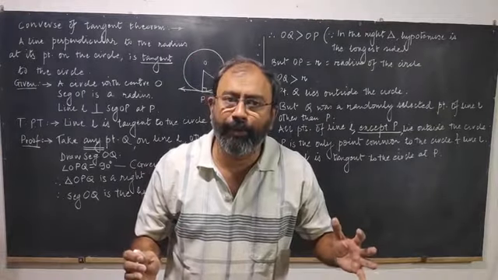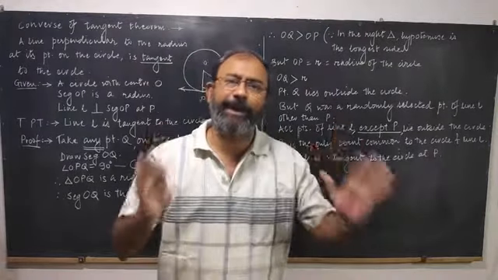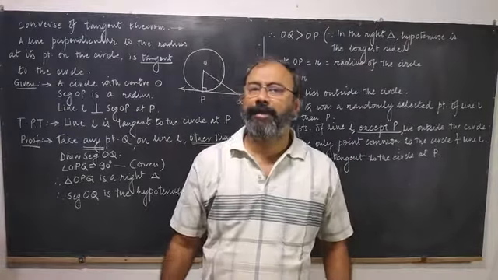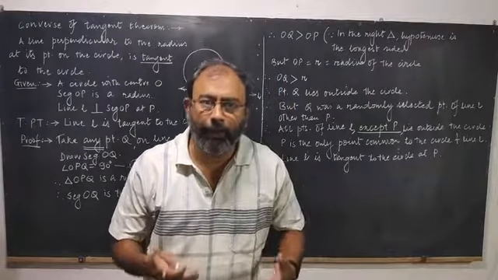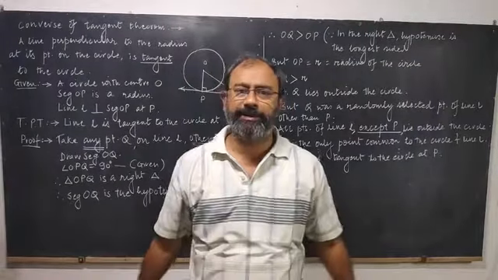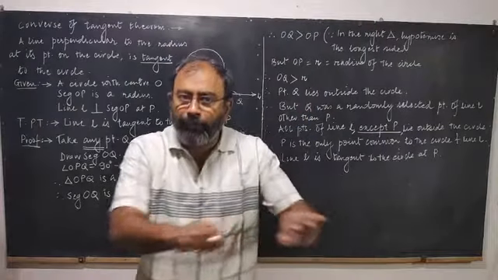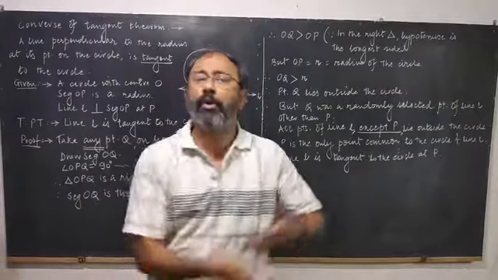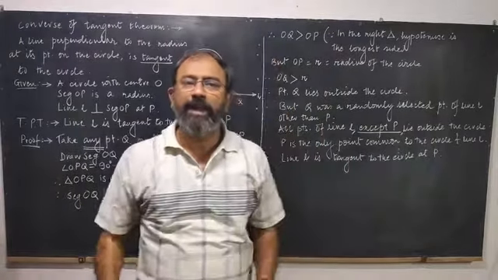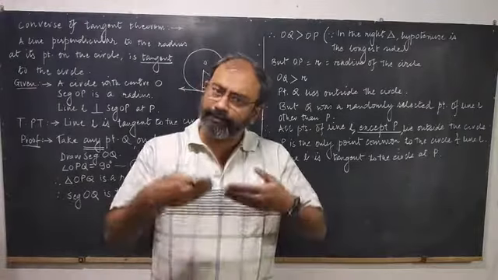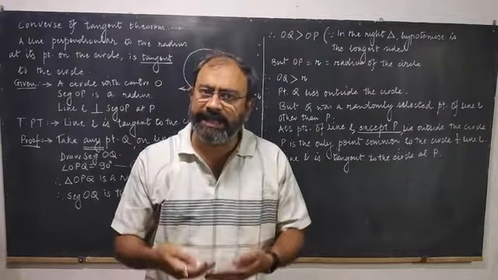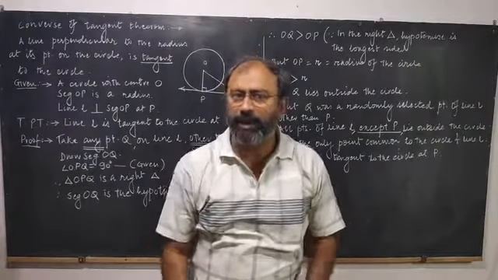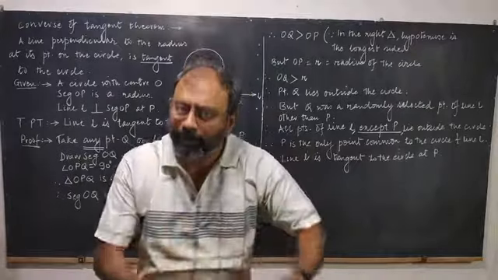Whatever we want to prove for infinite points, as soon as we say infinite, we know that we cannot do it for one point at a time because there are infinite points. So what do we do? Out of those infinite points, we select one point randomly. कोई भी एक point उठा लो. And whatever you have to prove, prove it for that point and extend that conclusion to the remaining points of the same group. Okay? Extend that conclusion to remaining points.